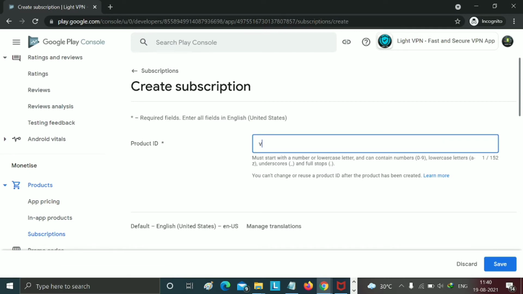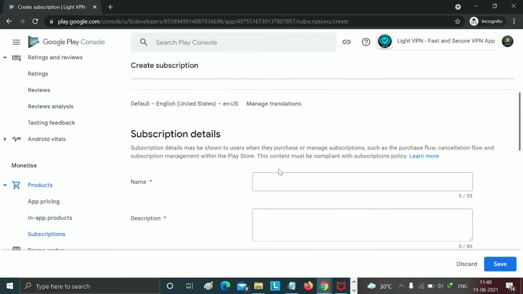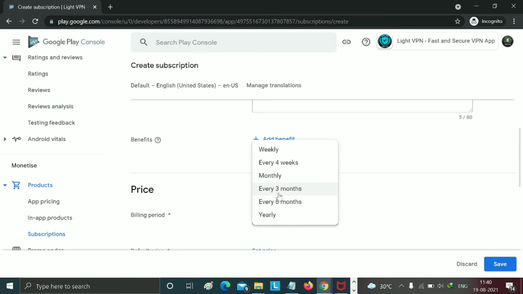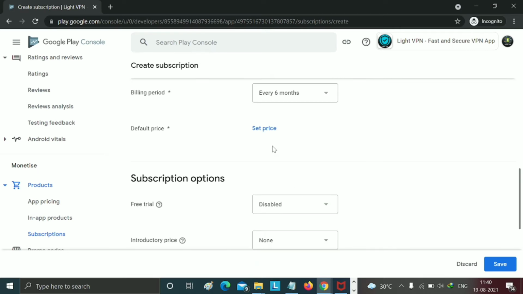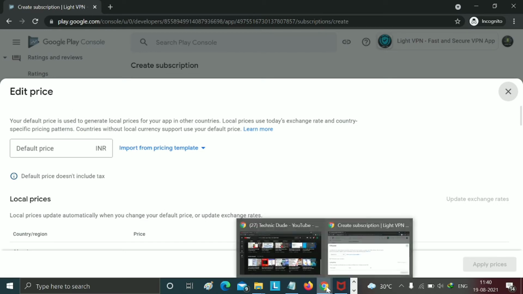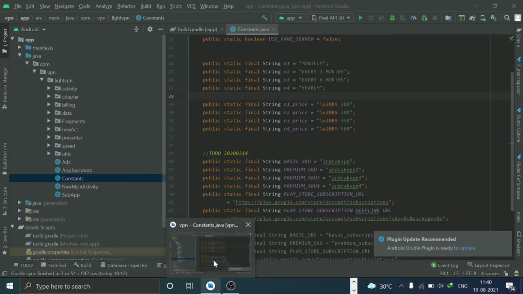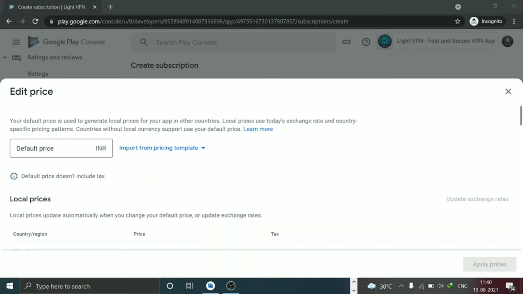Now we need VPN3, and the subscription name is VPN13. I have added this. The description is also VPN13, and the billing period is 6 month, and set the pricing also. I can check here. I have added 350 rupees. Okay, 350 rupees we add.